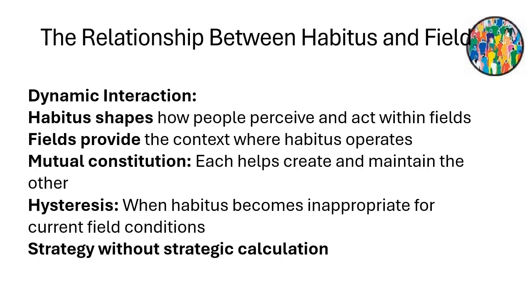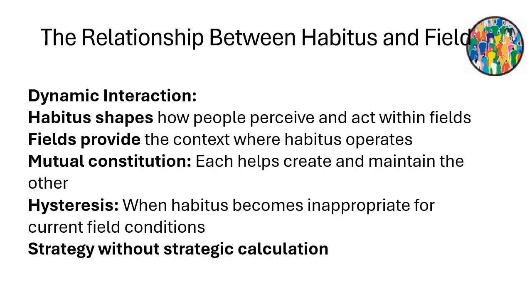The relationship between habitus and field is dynamically interactive. Habitus shapes how people perceive opportunities and threats within fields, while fields provide the context where habitus operates and develops. They mutually constitute each other. Habitus helps create and maintain field structures, while field experience shapes and modify habitus. Sometimes there's hysteresis,